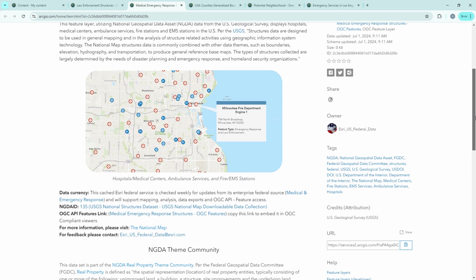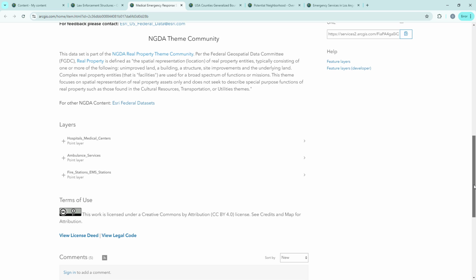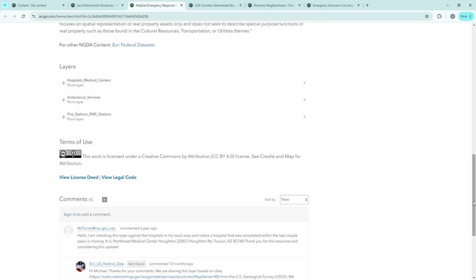If we scroll down, we can see more details and see that the layers included are hospitals, ambulance services, and fire stations. If I wanted to learn more about these layers, I could click on them or open them in the map viewer and explore their attribute tables. This layer is also covered by the Creative Commons by Attribution 4.0 license, so it is safe to use and